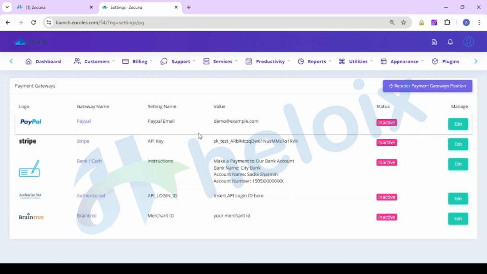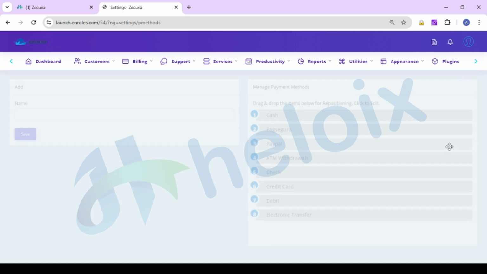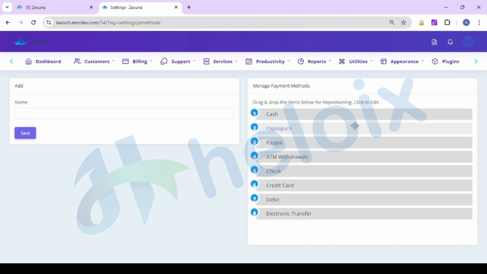Here you can check payment gateways. These are payment gateways which are already integrated. You just need to add the key here, like a PayPal key or Stripe key, then payment will be working. Income category you can make here. You can manage tax here. You can make a payment method. This is a gateway, or this is a category like debit card. You can do payment with UPI or credit card. So you can complete the payment.